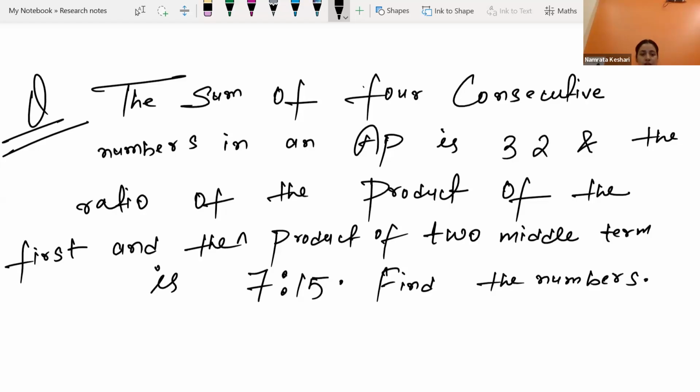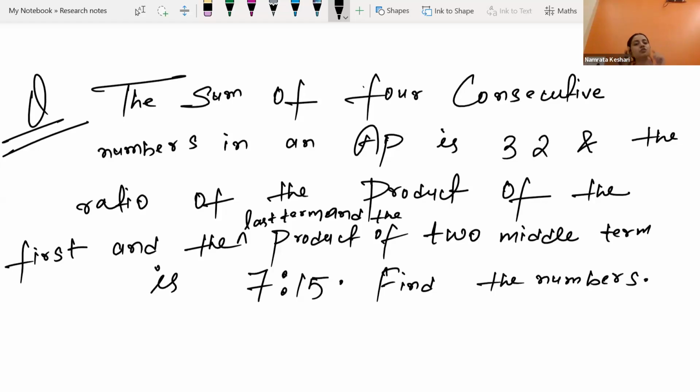First and the last term. So basically the ratio between the product of first and last over the product of the two middle terms